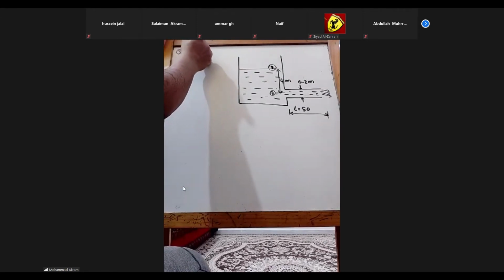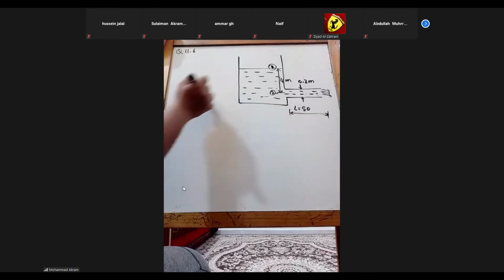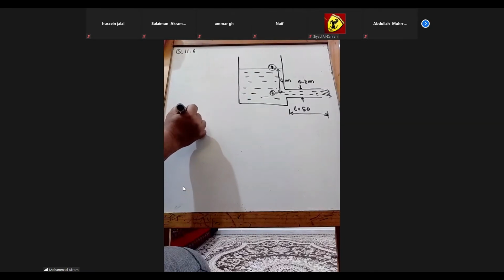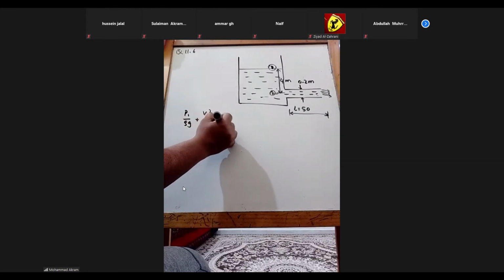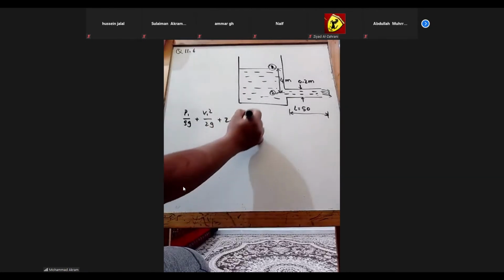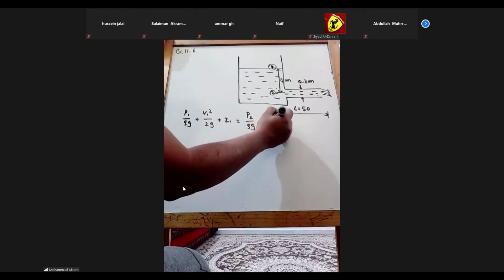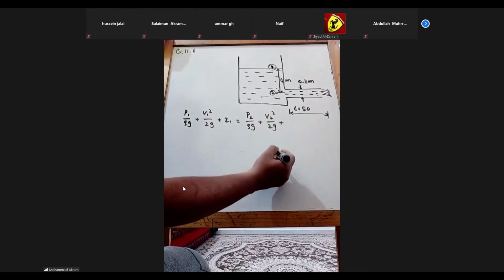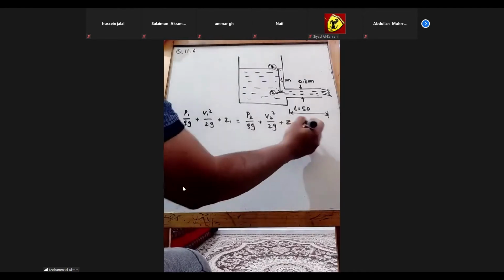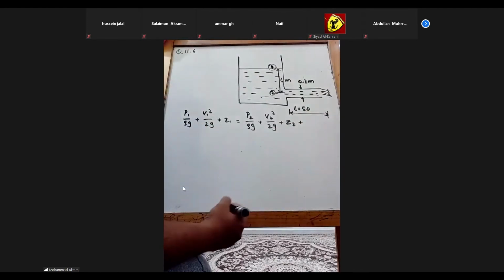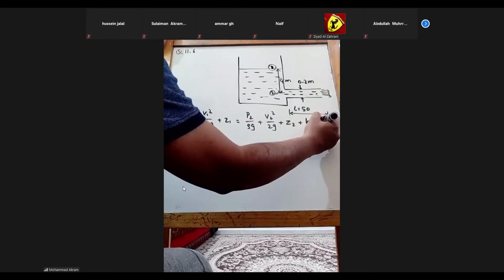So if I apply P1 by rho g plus V1 square by 2g plus Z1 equals P2 by rho g plus V2 square by 2g plus Z2 plus, yes, losses, all the losses. What are all the losses? You can take at the entrance, plus HF,